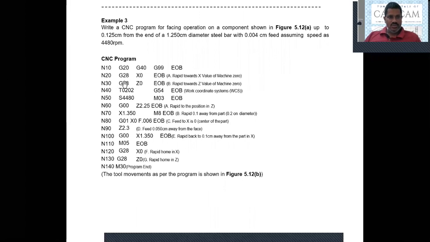After moving the tool to the reference point, we select the tool using the T word or T code. Then we have G54, the work coordinate system we are providing. Then we provide the speed. Then we rotate the spindle in the clockwise direction, for which we have provided the M code. Then moving the tool in rapid mode to